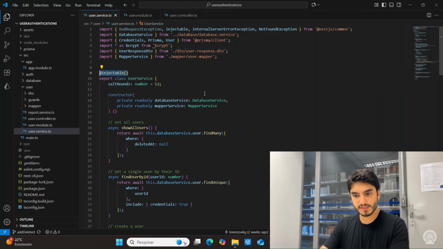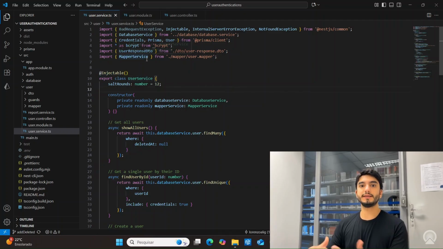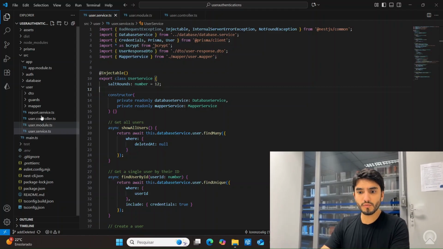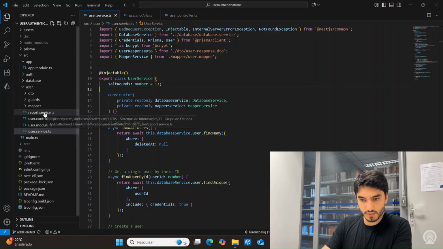So you can see that once again we have a decorator, which is an injectable decorator, which then tells Nest that this can be used in any constructor if the module that is employing that constructor or the controller imports the module to which this, or actually imports the service. It's a little mouthful, but